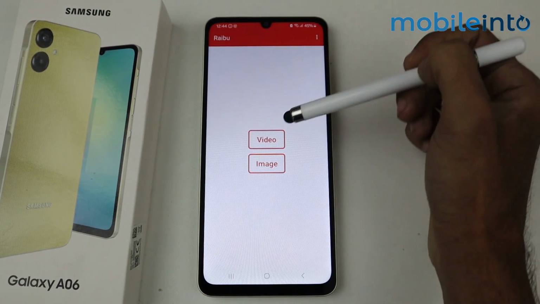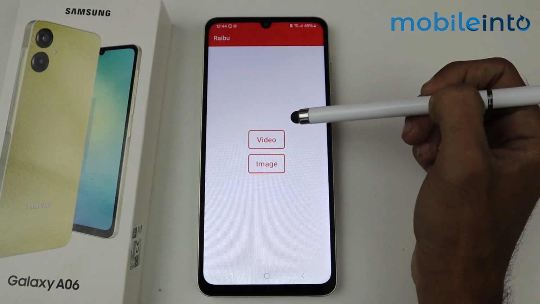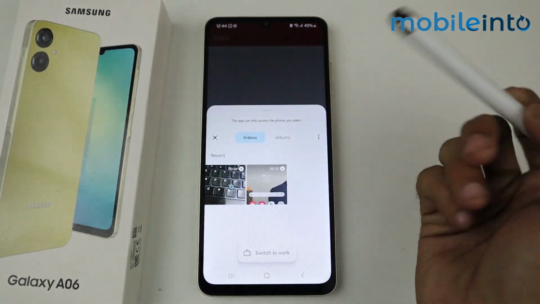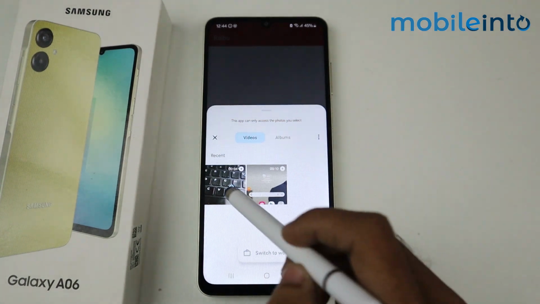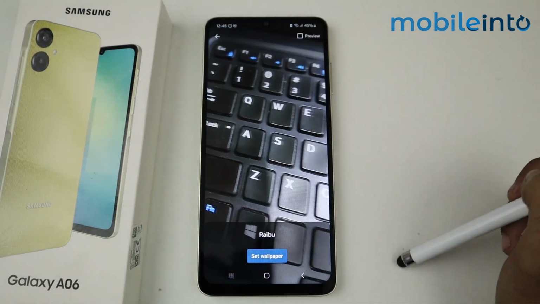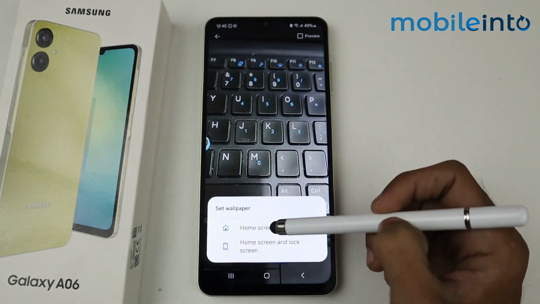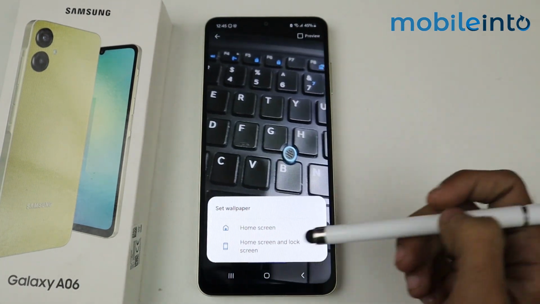So if you want to set your video, just click to video and it will take you to your gallery. By the way, I have these two videos only. I am selecting this one and this is how it looks like. So just click to set wallpaper and just click to home screen if you want to select for home screen